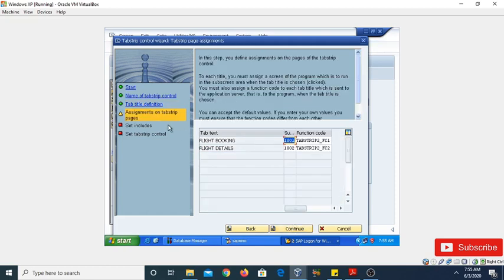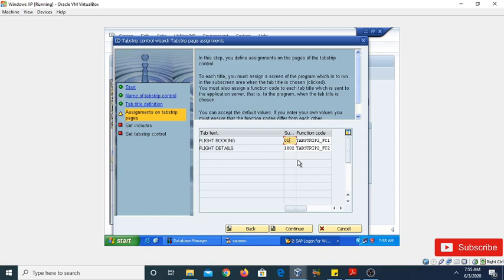Now you can see these are the assignments of the tab strip pages. So we have already given the tab text. Now we need to define the subscreen area. Here you can define the particular subscreen area for the particular tab pages. It automatically selects this subscreen, and you can also select a different subscreen here, like 0101 we have already created.